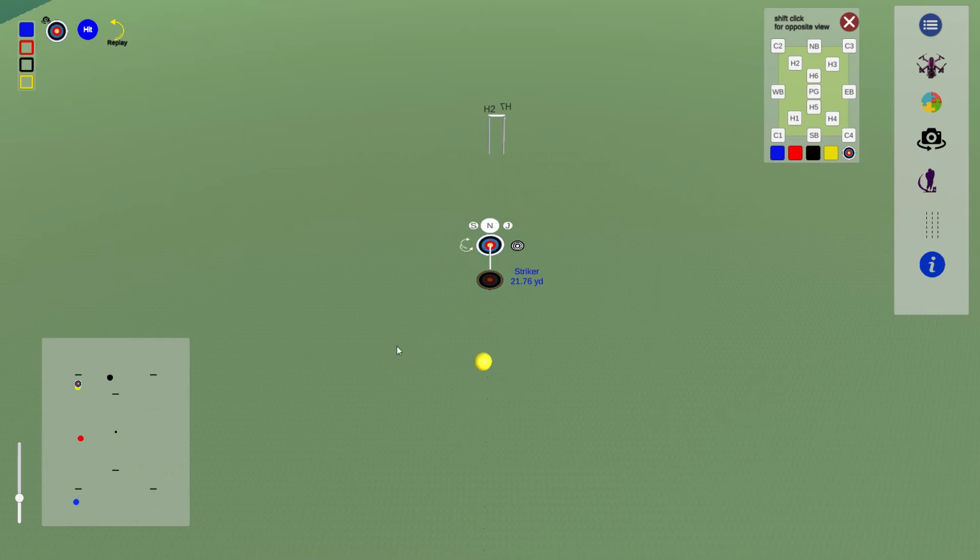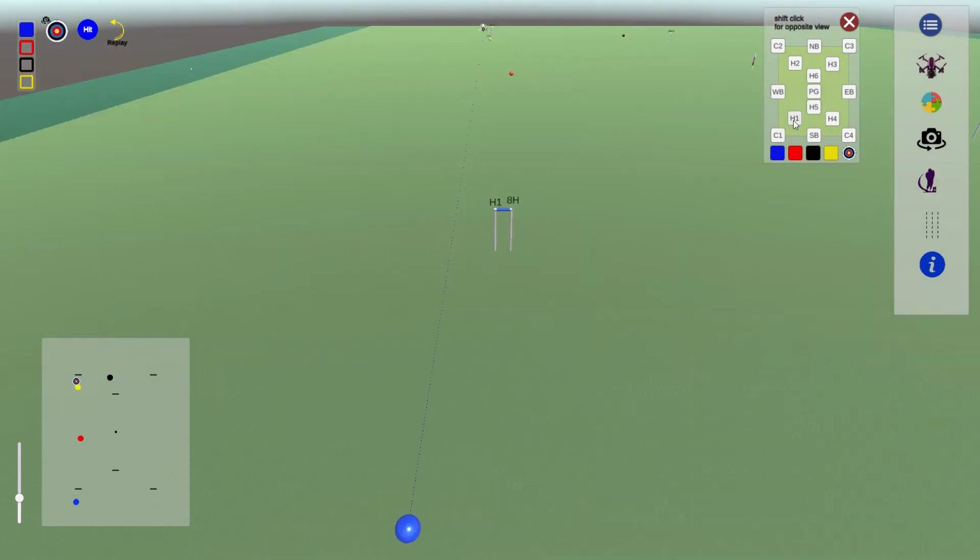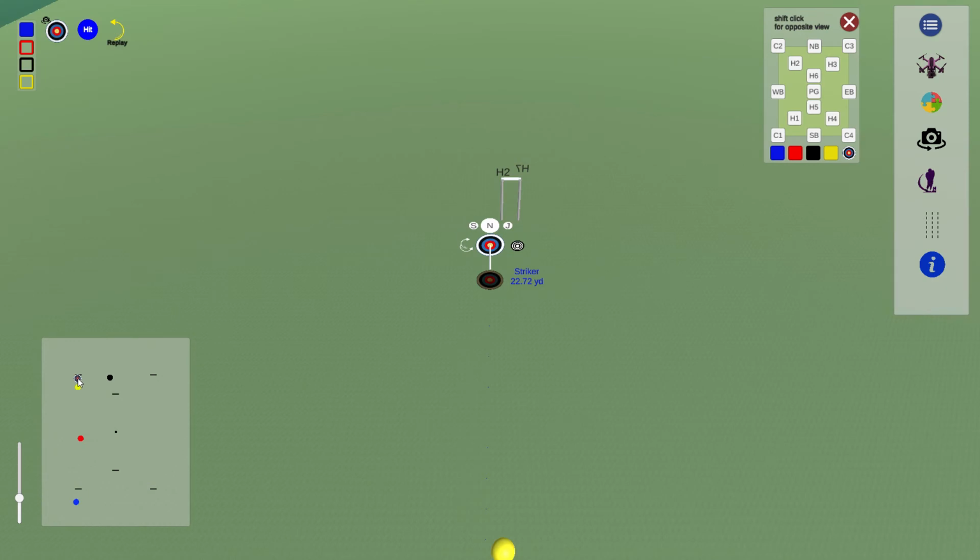It's the blue to play. Again, I'm not sure that the blue has a good shot at that. Let's have another look. Oh yes, it does. Plenty of room, plenty of room. So in fact, we could probably get that blue in nice and tight. So let's knock it up there, and oh, just clips the yellow, and now of course the red will come